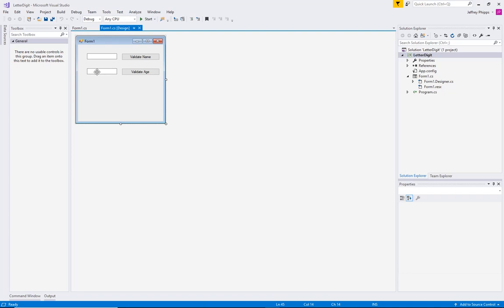In age, it wants to check for two things. It wants to check that the length is only 3 digits, and it wants to check to see if it's only digits. Now in my example here, I'm only going to check to see whether it's only letters, or in the case of age, only digits, but I'm not going to convert the age to an actual number. In fact, the assignment in task 2 does not ask you to convert it to a number, and I am not going to check here to see how long the length is for the